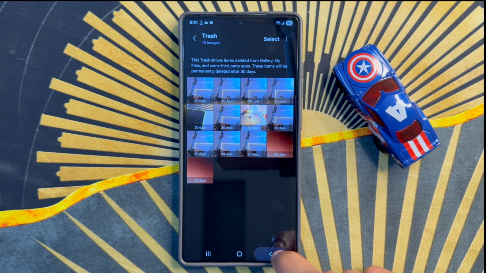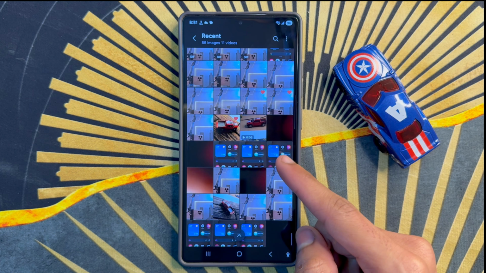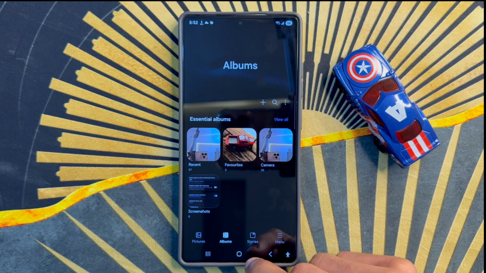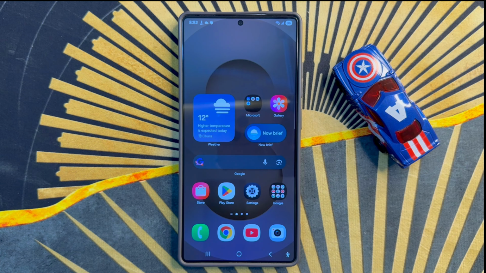After the process, go back and click on folder. You will see photos and videos here. After the process, go back to the home screen and refresh the phone. So that's how you can recover deleted photos and videos fast on Samsung